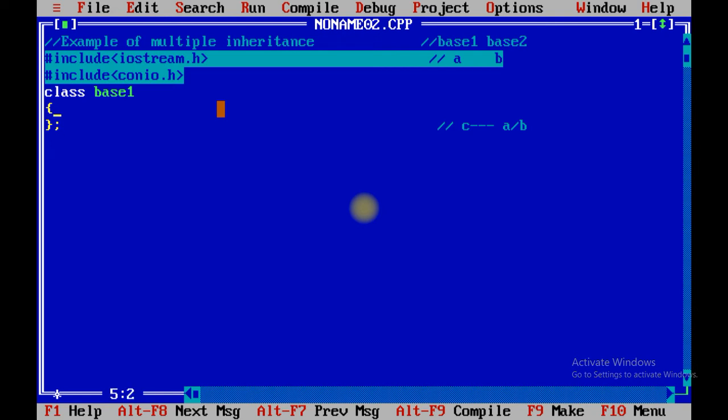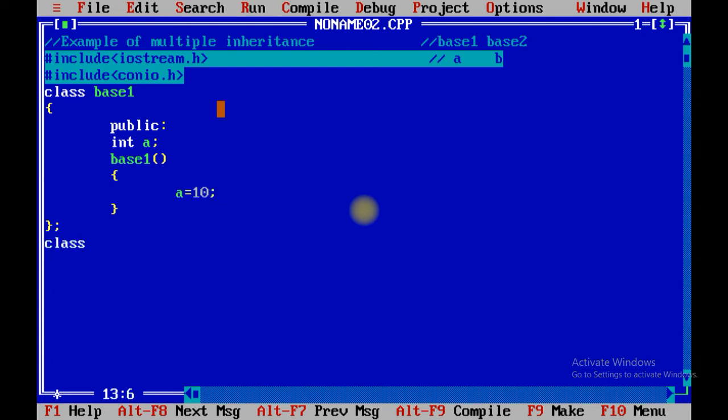I hope you understand the concept. Base public, we need to take integer A, then let us create constructor of base 1, A equals to 10.